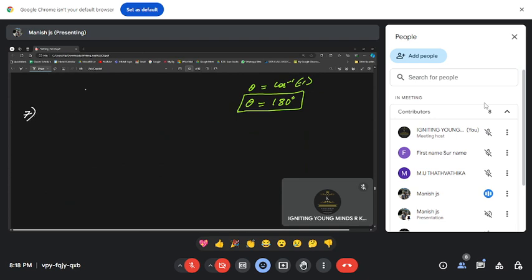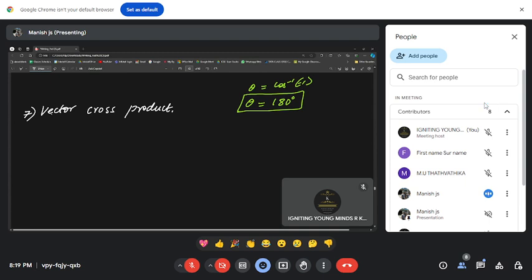Okay, next we have vector cross product. So now we are going to see vector cross product, children. Okay, so how to evaluate vector cross product? Let us see how to do that. So when I say vector cross product, instead of putting a dot, we generally represent it using a cross.